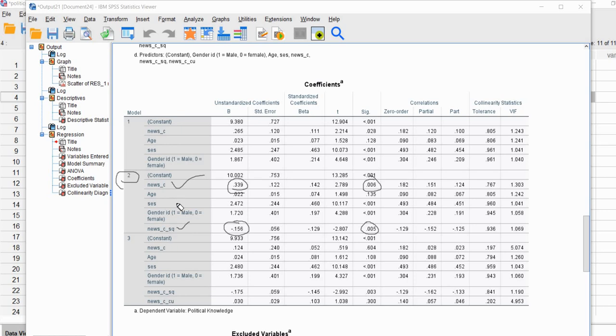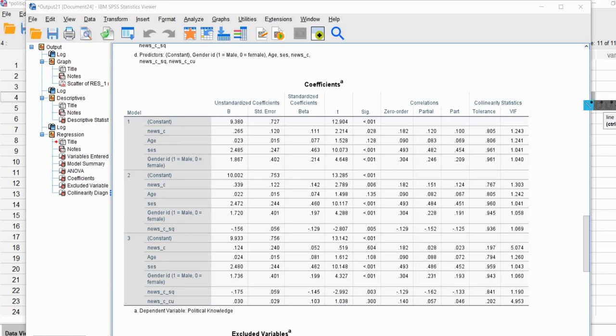So just keep in mind that as we include higher order terms in our polynomial regression, the t-test for the highest term is equivalent to the F-test of the change in R-square from the model that did not include that highest order term to the model that does include it. So you can see right down here the t-test for the cube term. You can see that there's our p-value 0.30, and that is equivalent to the test of R-squared change from model 2 to model 3. So at any rate, looking at our results, we're going to stick with model 2,